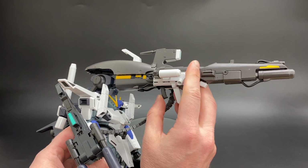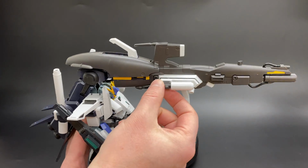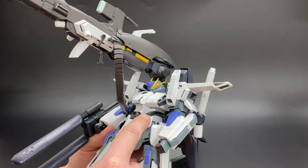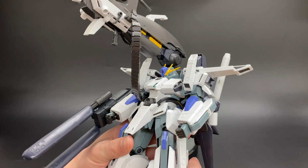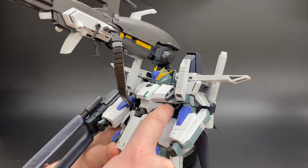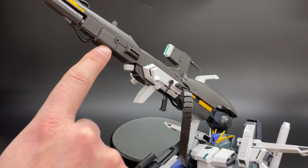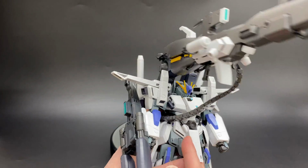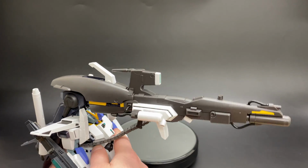So you have a handle that can slide in and out if you would like. Now, these hoses for this kit, maybe not so much that one, but like here on this waist as well, these are molded in a softer, rubbery type of plastic, so they're slightly bendable. And you've got a few of these equipped all around the gun as well as on his hips. But one thing I like about this, of course, being that it is Master Grade, is that you